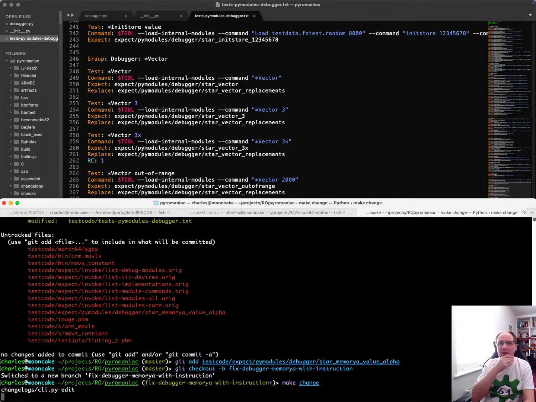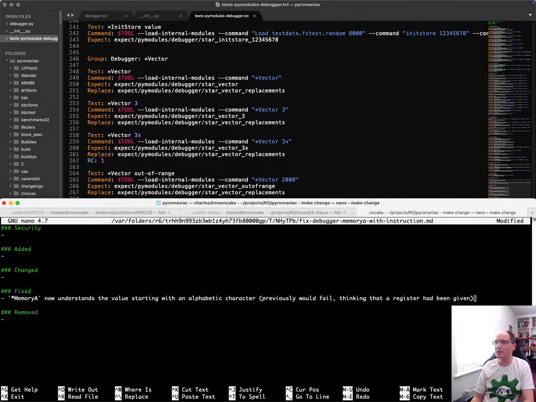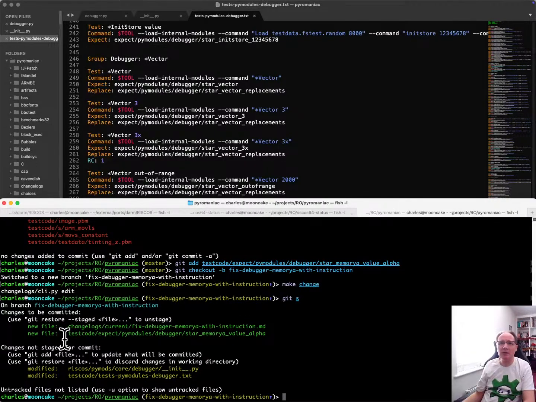Let me declare the change. This is a fix. Memory A now understands a value starting with an alpha character, which previously would fail, thinking that a register had been given. Okay. So we've got the change log entry, the new test results, updated test code, and the addition of the test. And